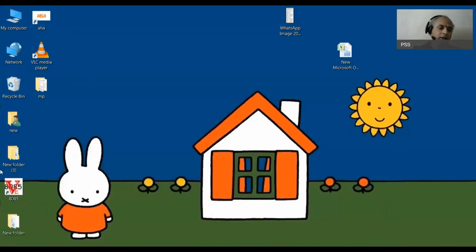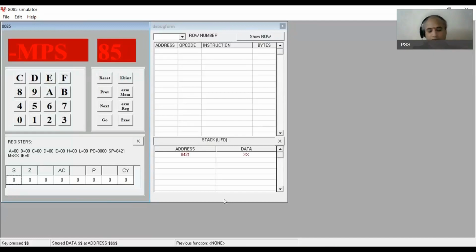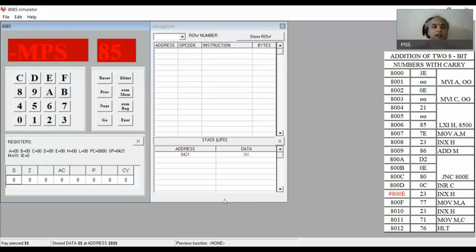We'll see it now. So this is the simulator. This simulator again has a display, a keyboard and functional keys. Display again is of two types. I already told you about this. The left side display can store 4 digits or simply 2 bytes, and normally the left side display is used to store the address of the memory location. The right side display is used to store the opcode as well as the data.